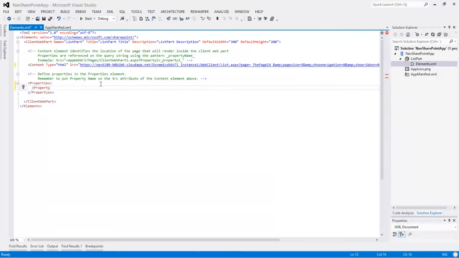So let's define a new property. We called it the page ID, and it is of type integer, and we want it to have the default value to be 9305. And we also need to add some attributes here that control the configuration experience.